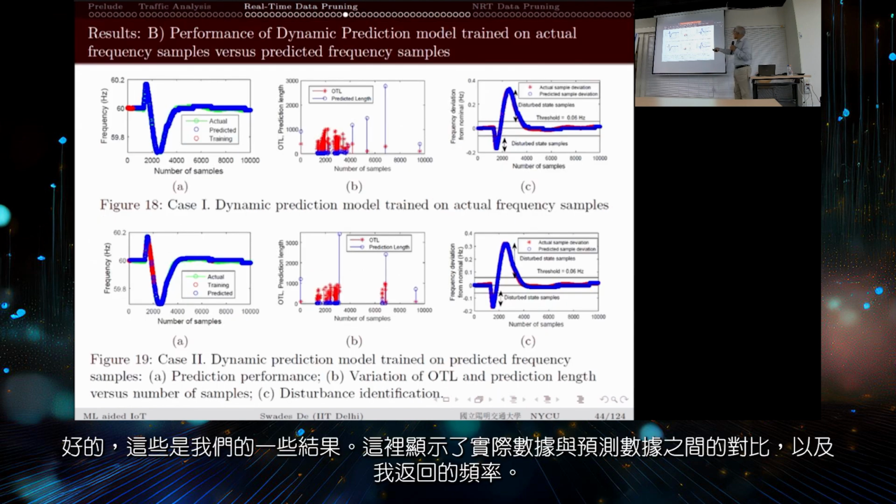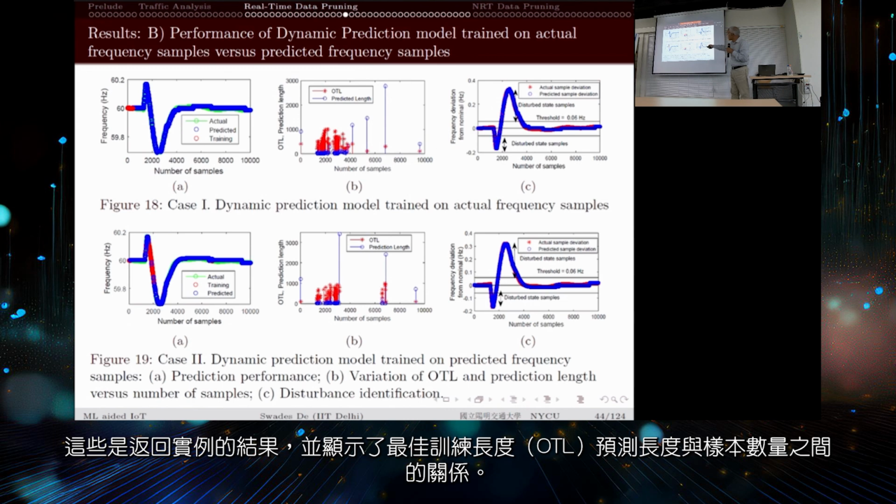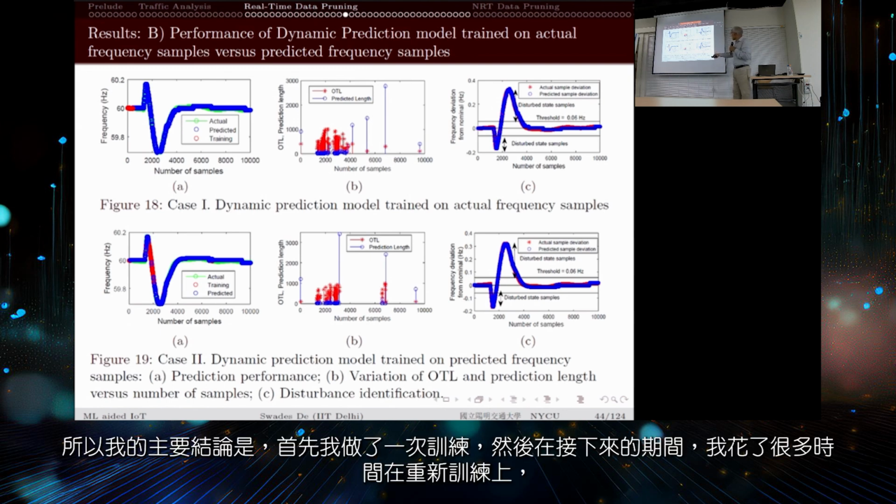Okay, so these are some of the results that we have here. These are showing my actual data versus predicted data and how frequently I am retraining. I have retrained here, and these are the retraining instances. So, optimum training length, OTL, prediction length versus number of samples. I think the primary takeaway here is that I have trained once here, and